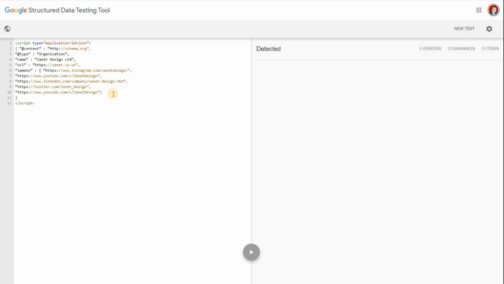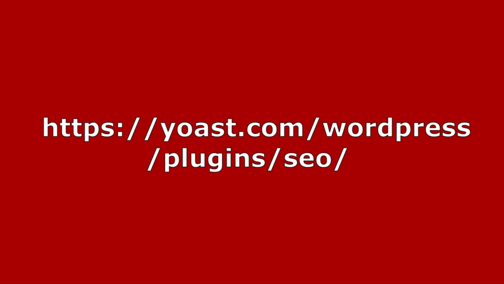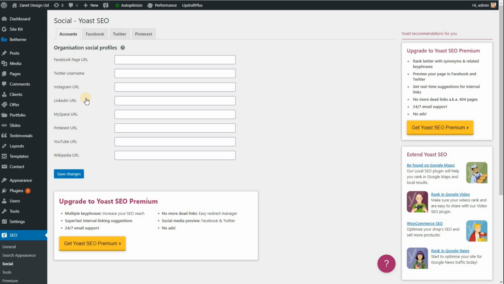But the easier way to do it, and again, if you're not into code, this is possibly something to forget because it's quite a complex way for most people, the easier way is to just make sure you've got your Yoast plugin on your website. If you've heard of Yoast, I'll put a link down below for you as well. The Yoast plugin is an SEO plugin that is free, and the beauty is if you've got those different pages,